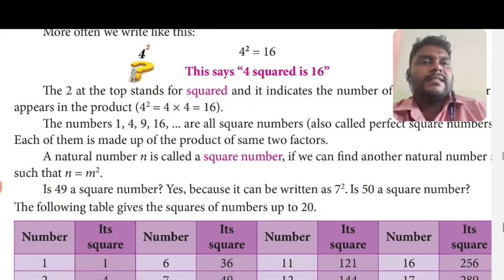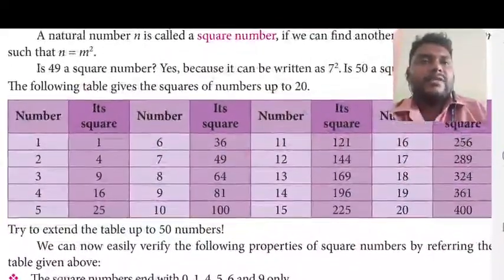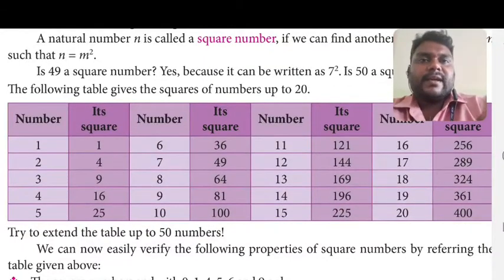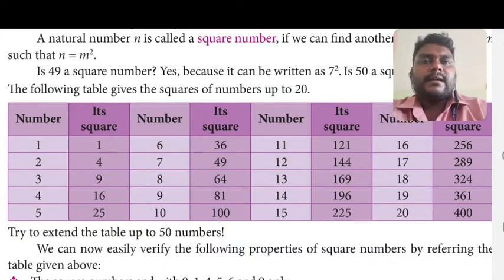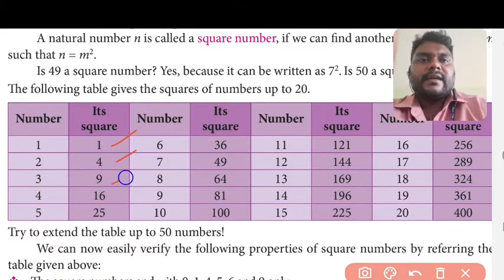Okay, so next we are going to see a square table. This is a very important square table. So 1 square equal to 1. First they have given the number and next they have given the square of that number. So 1 square is 1, 2 square is 4, 3 square is 9, 4 square is 16, 5 square